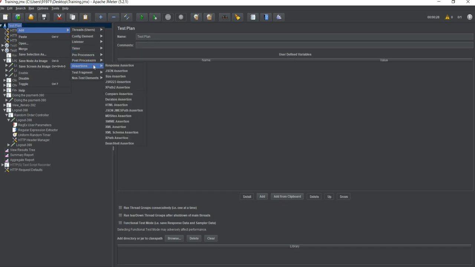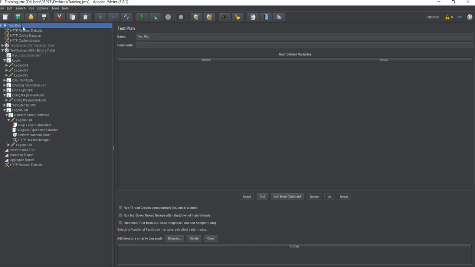Then we have assertions. These are a very important part. Assertions are something which are required to judge the correct results. We have already talked about it in a previous chapter, so I do not see a reason to speak about it again. You can see some previous chapters of this tutorial and you will be able to get how.